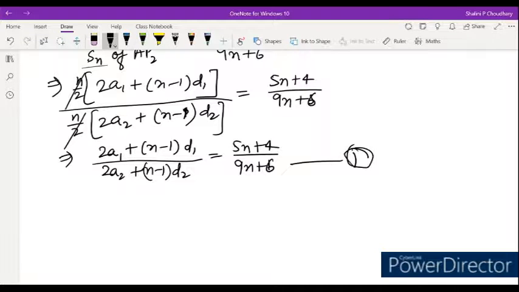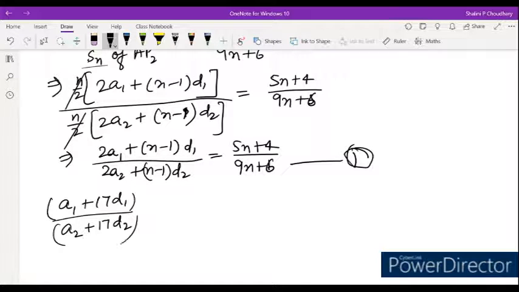Now we have to find out the ratio of their 18th terms. So what will the ratio of 18th terms be? A1 plus 18 minus 1, 17 D1, upon A2 plus 17 D2. If we multiply both values by 2, we'll get